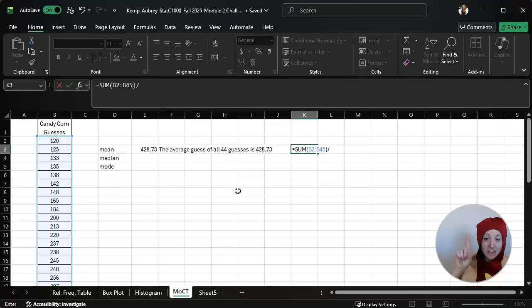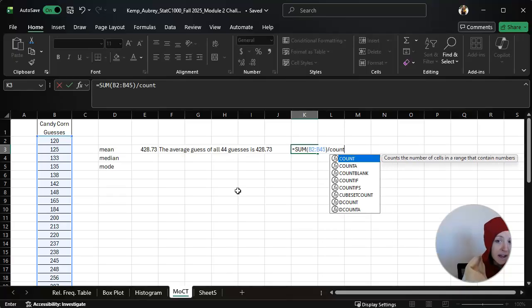So now we have to use another Excel function. I think this is the first time we're using two Excel functions in one. So excited. Okay, so we're taking the sum of all of this and we divide by how many are there. We could just type in 44 because we know that it's 44, but I want to show you how to use two functions within one cell. So divided by the count